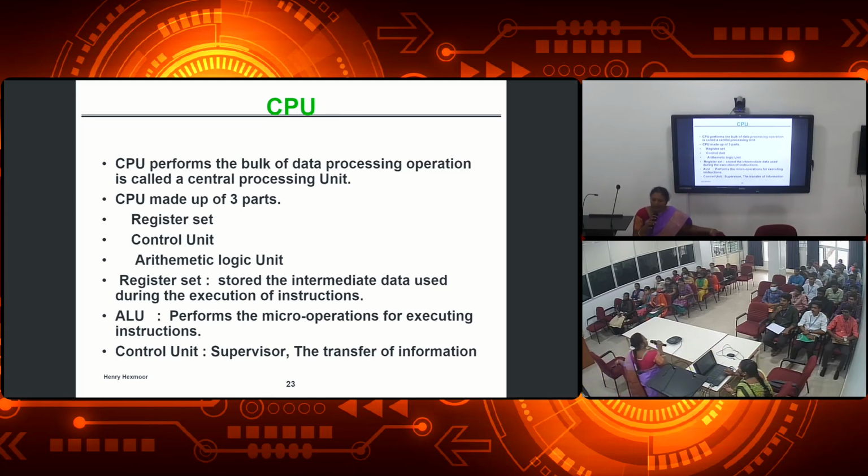That's all about the registers. Next one, what is the purpose of the CPU? You already know about the CPU. This is the central part of the system, like a brain in the human body. The purpose of using a CPU is to perform a bulk of data processing operations in the system. What are the three main parts used in a CPU? Arithmetic logic unit, that is a main part of the CPU, and then memory unit, control unit. Very good. These three are